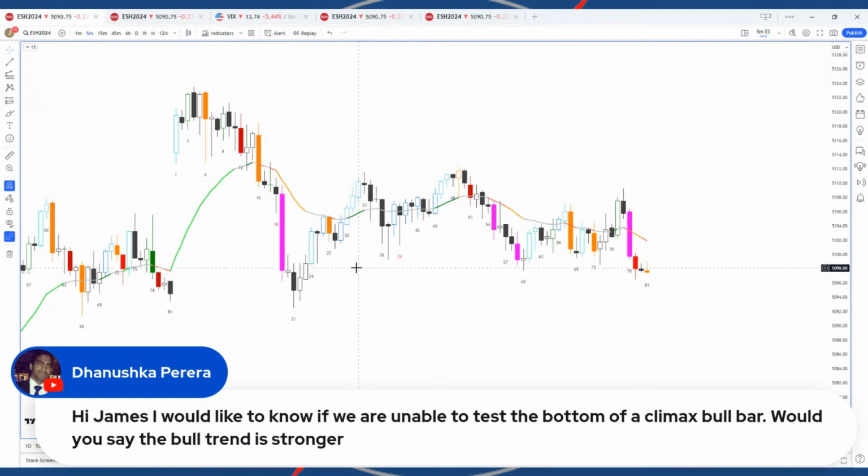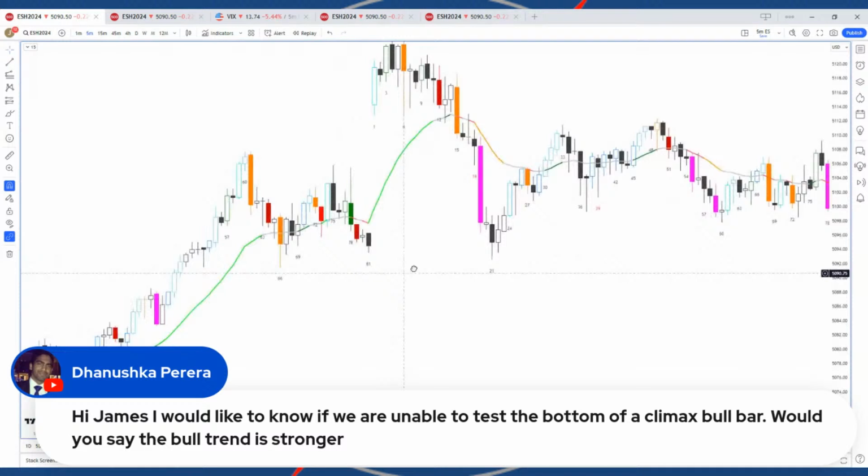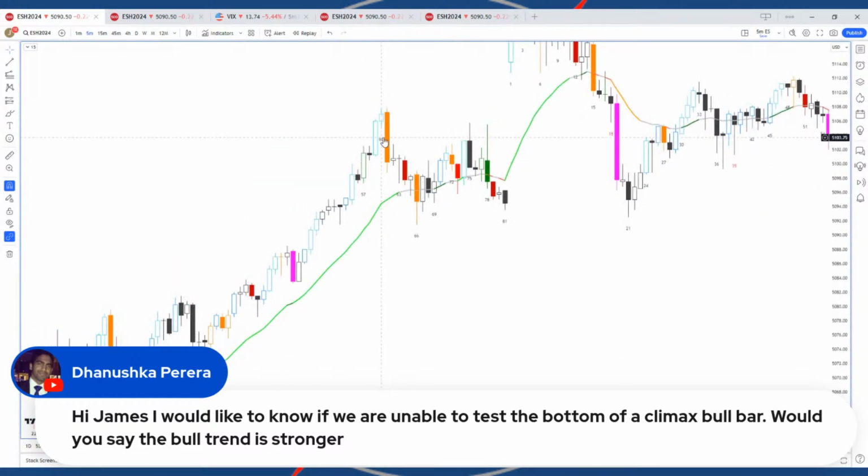How are you defining a climax? If it's just a single climactic bar like this, the breakout code that we use in Systems Academy flags this bar 24 as a climax bar, based on the mathematical formula we use for defining climax. But your definition of climax could be a climactic bar at the end of a third leg, and in that case, this might be your climax.